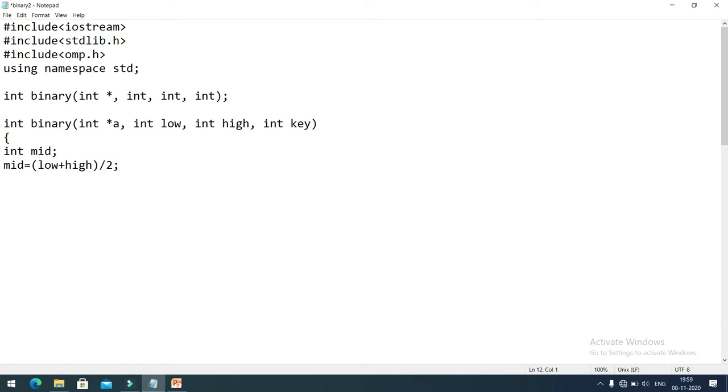Some other variable declarations I will do here. So integer low 1, low 2, high 1, high 2, mid 1, mid 2.